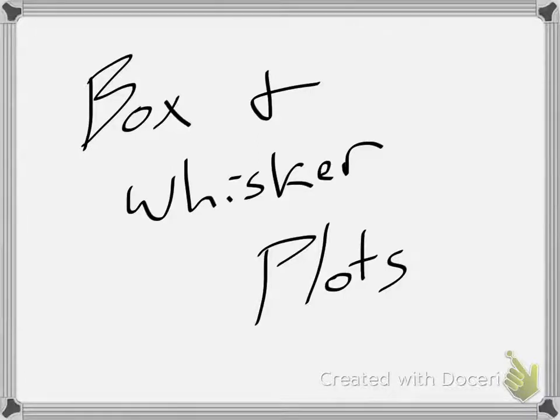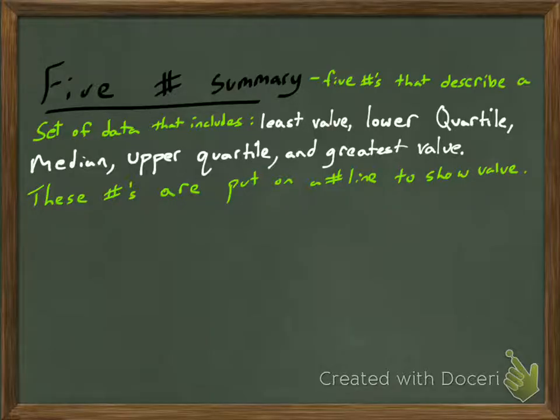Alright guys, we're doing box and whisker plots. These are really easy. If you remember from last year, that's awesome. If you've never seen this before, these are pretty easy. Basically, it's just a visual representation of 5 numbers. Those 5 numbers are the least value in your set of numbers, the lower quartile, the median, upper quartile, and